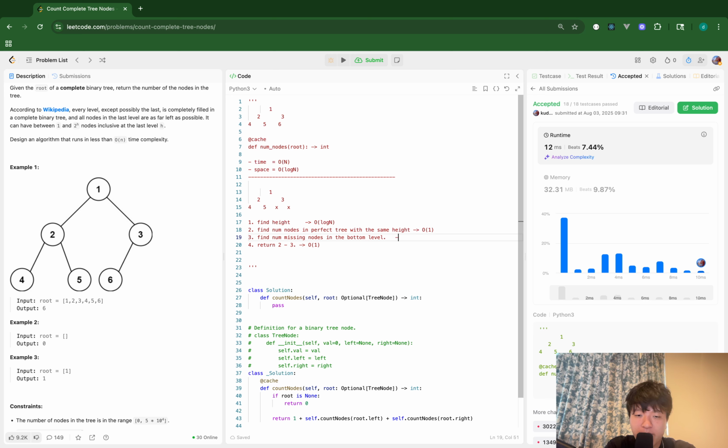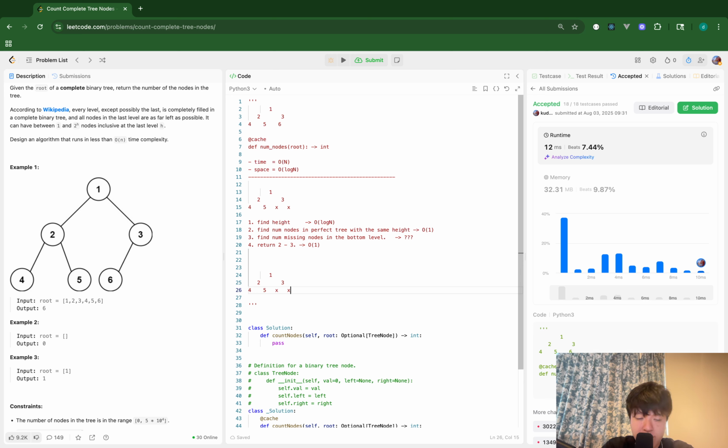And this one is a bit challenging. I try to make it smaller than log n, I mean, faster than log n. So now from here, I will think how I can do number 3. To find this, I would say